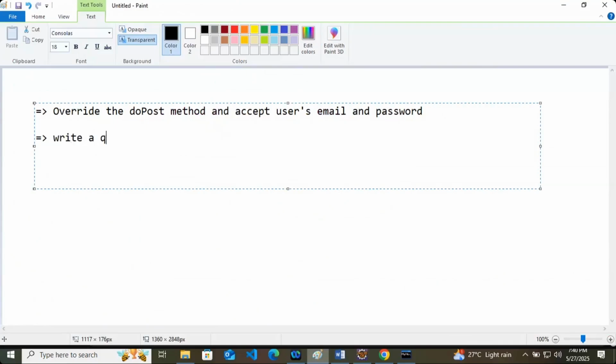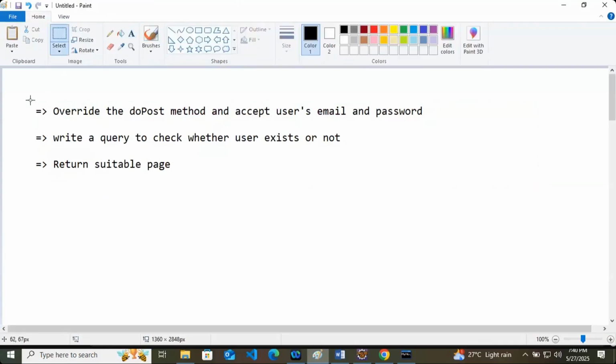Write a query to check whether the user exists or not. Return a suitable page. Now this is what we are going to do here.